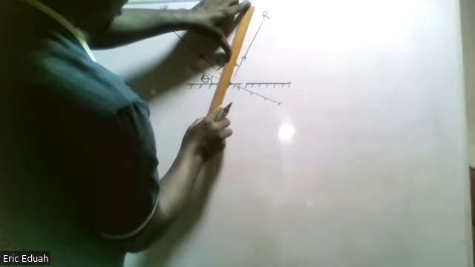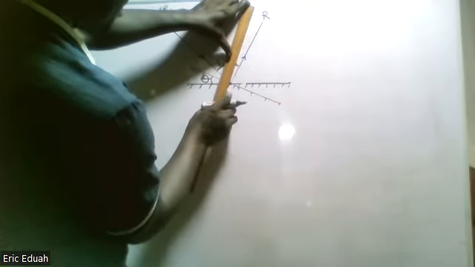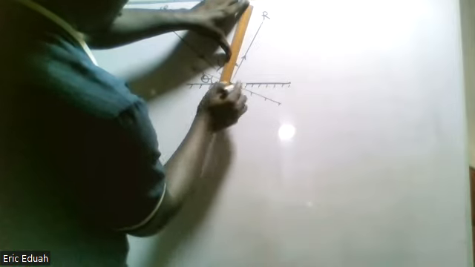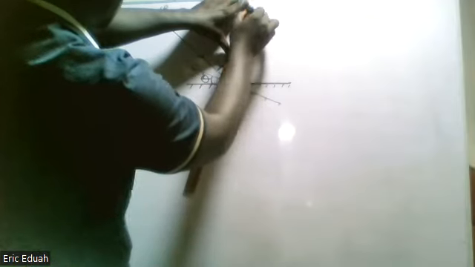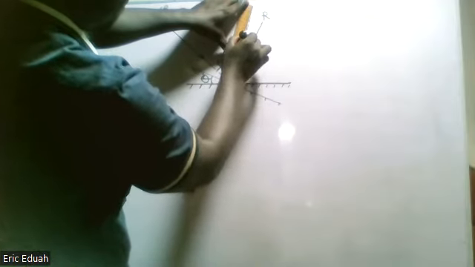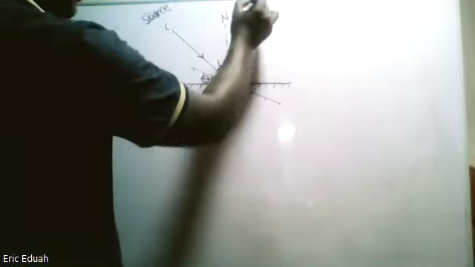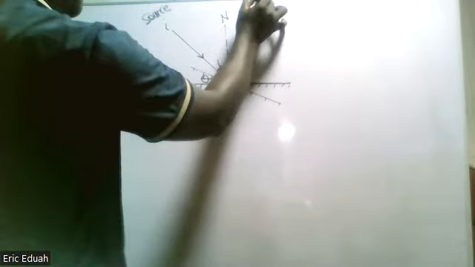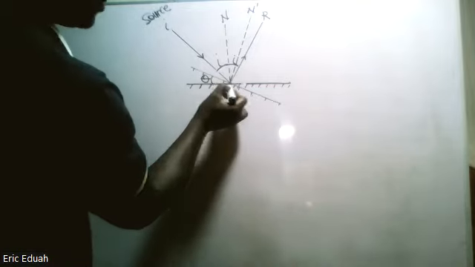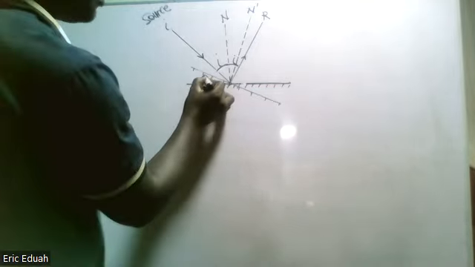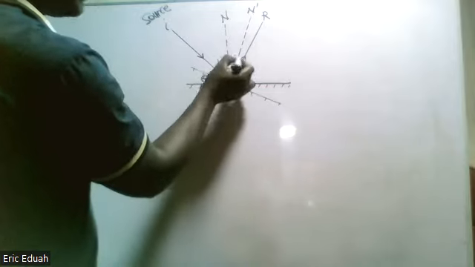The normal is always perpendicular to the surface. So there will be a new normal. Okay, this is N prime, perpendicular to the surface. But we just saw that when you rotate a mirror through an angle theta, the angle between